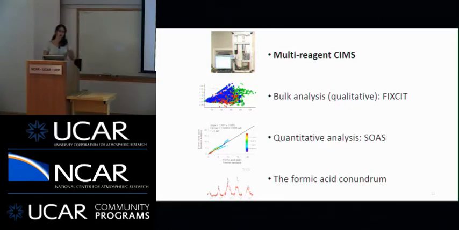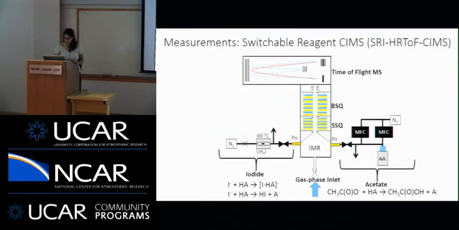So how do we figure out exactly how many parts per billion you get in the atmosphere of some given compound, and we'll talk about the limitations of doing that with SIMS. And then finally, I'm going to use that quantitative analysis and show you a little bit about some of the science we're thinking about in terms of formic acid, which is one of the more interesting oxidation products.